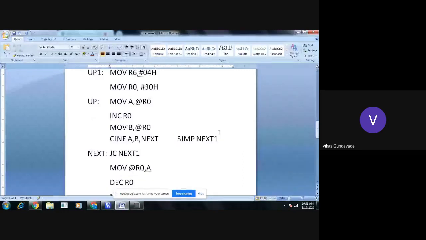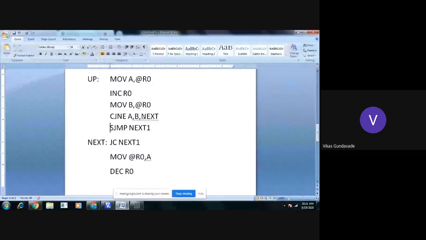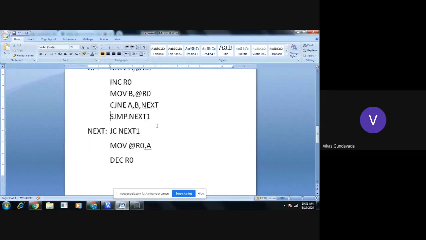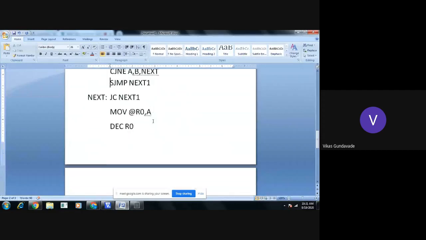Now here we have written CJNE A comma B next to this label location. For the jump next one, we need to provide the location. This label is provided to the instruction where all the modification or manipulation instructions are skipped.